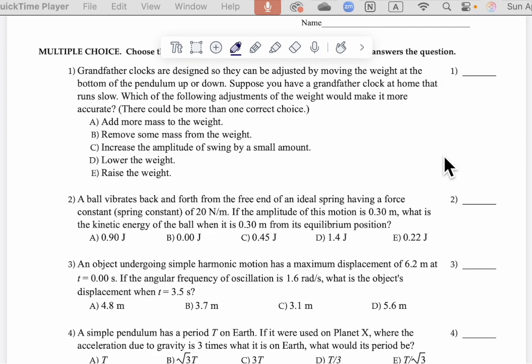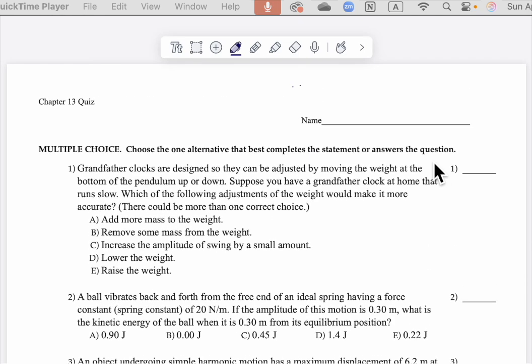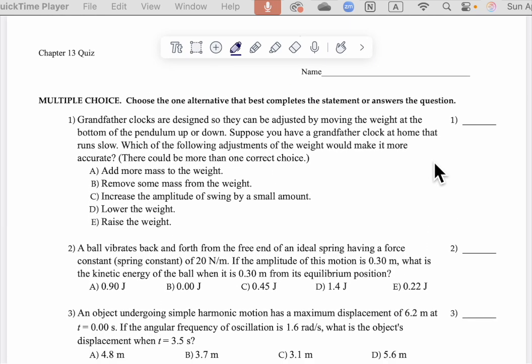Alright, so this is the chapter 13 quiz. Okay, first one. A grandfather clock is designed so that it can be adjusted by moving the weight at the